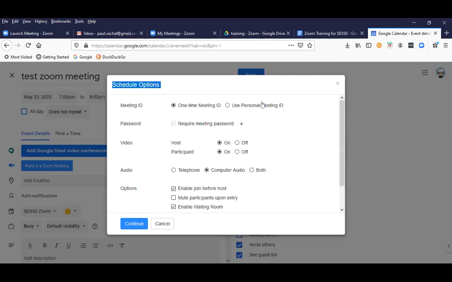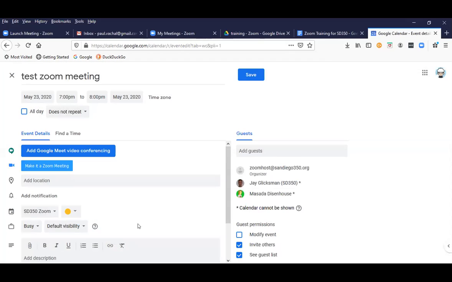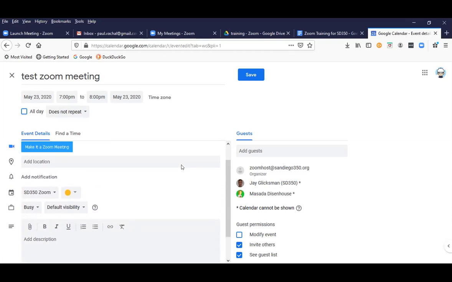So this is a level of security that San Diego 350 wants us to use. So there shouldn't be much you have to do in here. What I'm doing now is just a one-time meeting. It's going to generate a meeting ID for me. It's going to generate a password, and then I just hit continue. Now, once I hit continue, all the information,